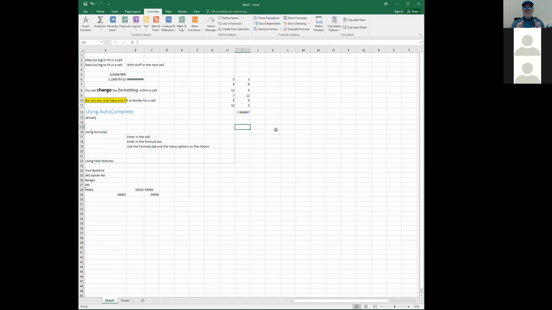The things that you need to know is that the asterisk is multiply, the plus is addition, the minus sign is subtraction,